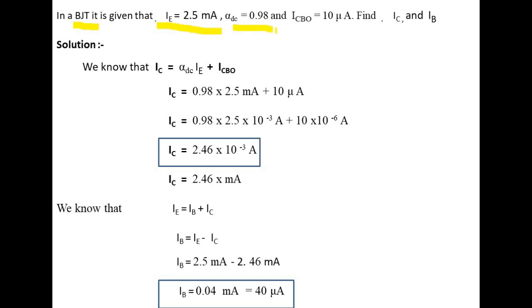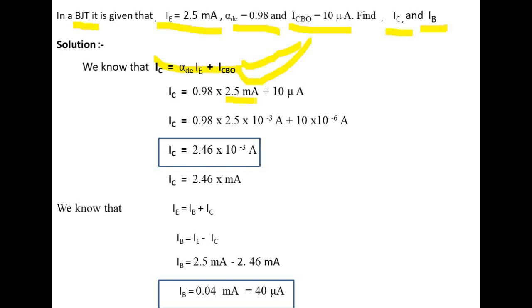Alpha DC is given as 0.98 and the reverse current ICBO is given as 10 microampere. Then we have to find IC and IB, that is the collector current and input current IB. We know that IC equals alpha DC IE plus ICBO for common base configuration. So putting the value of alpha DC, IE and ICBO in this equation, we get IC is equal to 0.98